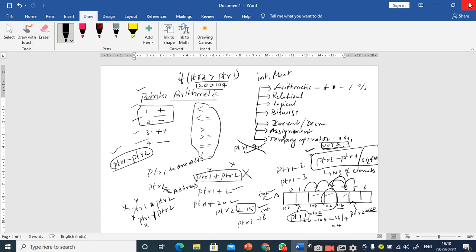Addition of an integer value to a pointer, subtraction of an integer value from a pointer, that is the point you have to remember. But subtraction can be performed on two pointers also, provided those pointers point to the same array. In such a case, the subtraction of two pointers is also a valid operation.